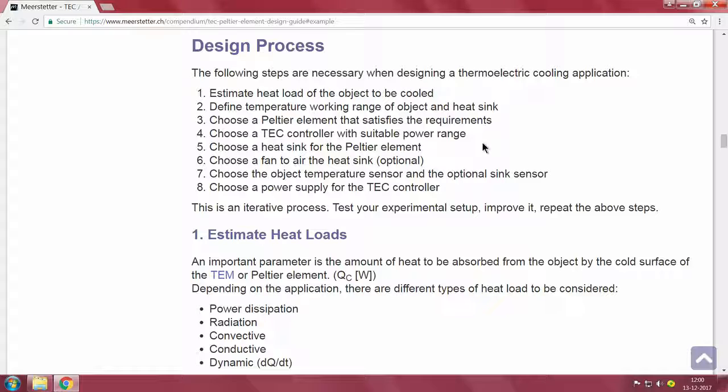So, if you can see my face again, the issue being we have a very interesting thing. We have a heat sink which is supposed to take heat from the object that is to be cooled.